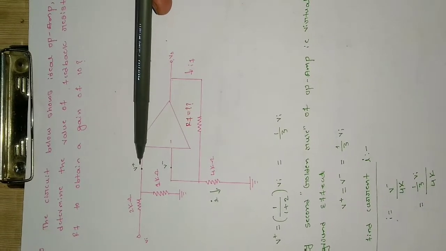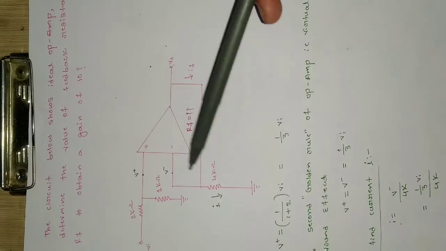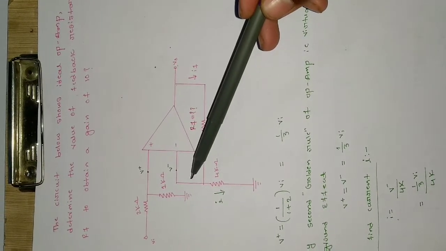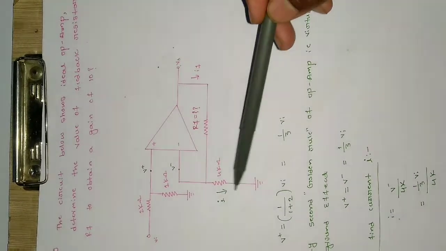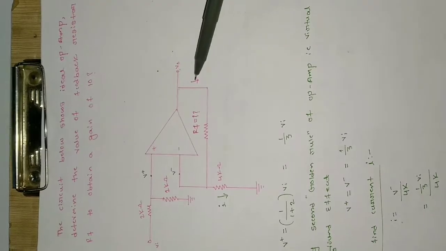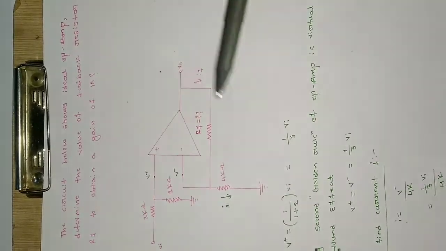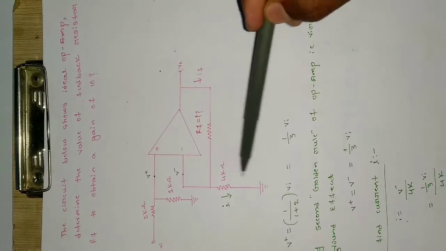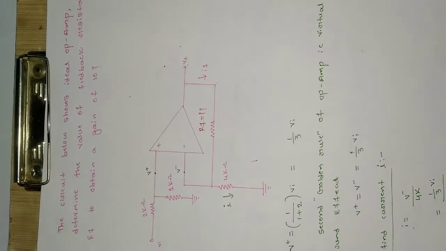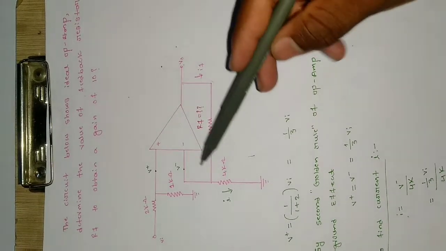So this will be the input voltage at the non-inverting terminal, and the inverting terminal is taken as feedback. Here is the feedback resistance, and again this forms a voltage divider circuit producing an equivalent voltage here. This is the current flowing from the output to the ground here. So the current IF will be coming up to this point. As no current flows into the operational amplifier, it has to go to the ground. So the current will come like this and follow this path. This is the path followed by the current here.